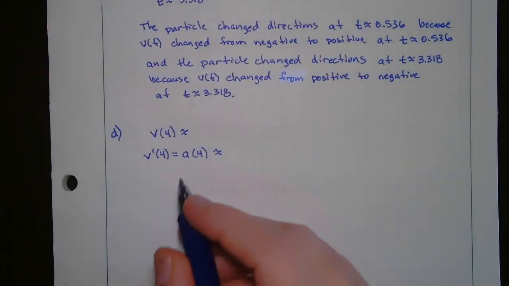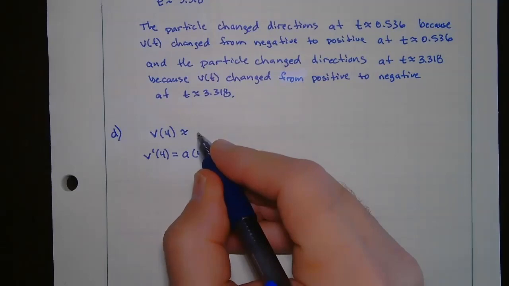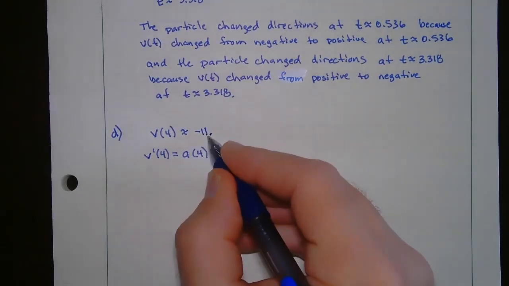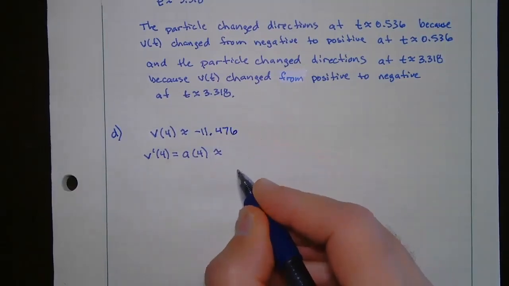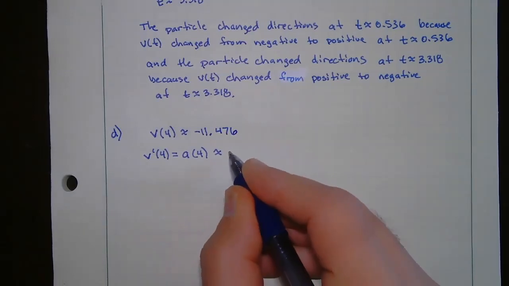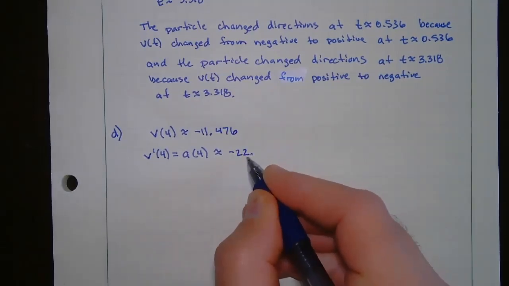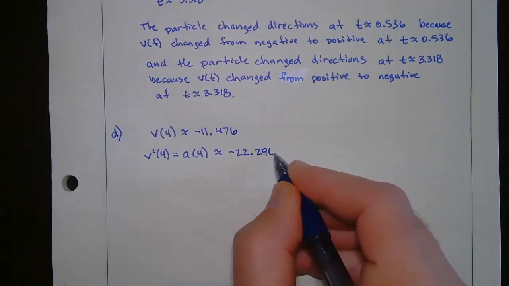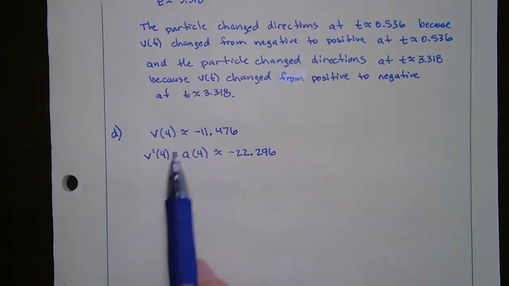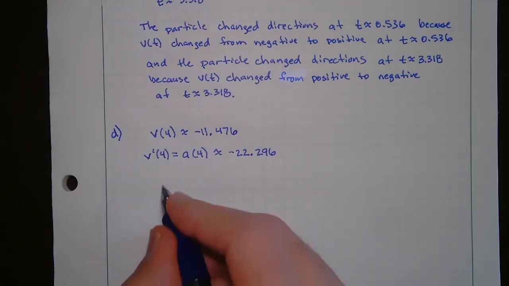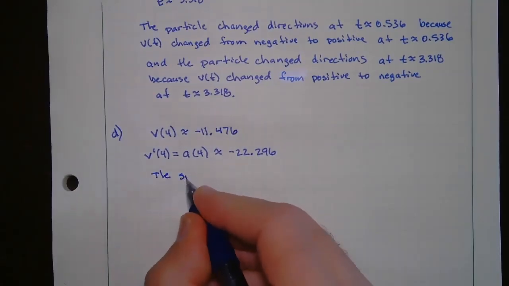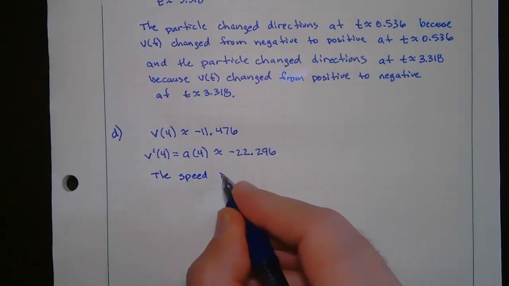Okay, so from our calculator, for the velocity at 4, we got negative 11.476. And then for our acceleration, which is also the derivative, we got negative 22.296. Okay, so what do we know? The velocity is negative and the acceleration is also negative. So when they're the same signs, that means it's speeding up, which in this instance would mean the speed is increasing, okay? So we would say the speed is increasing